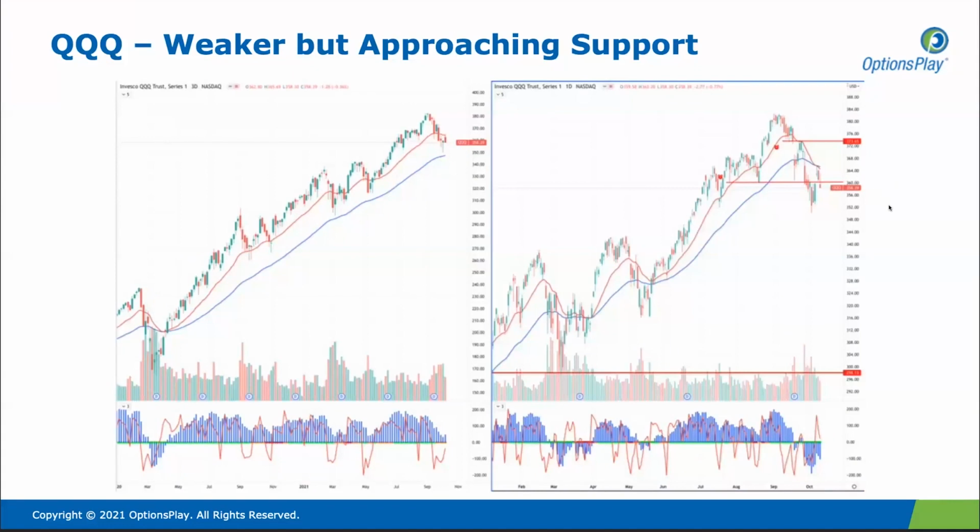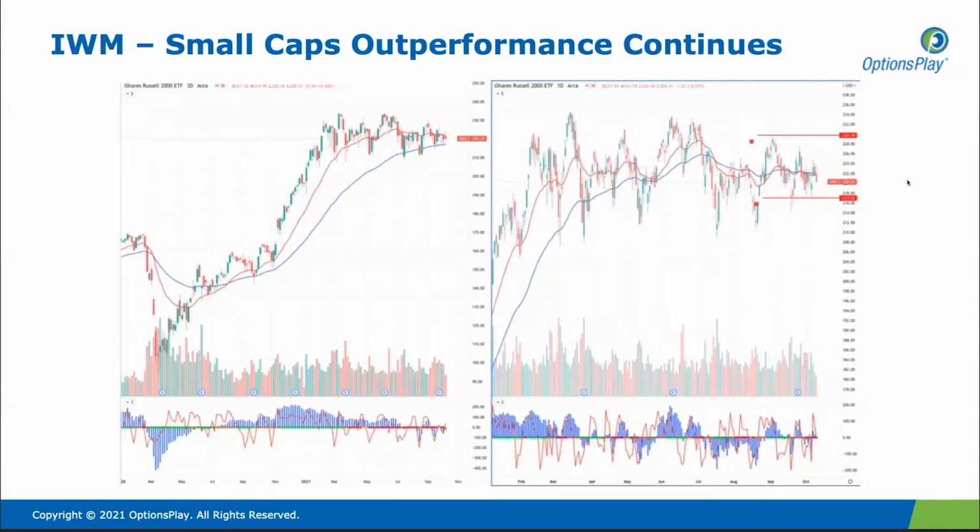And if we look at the NASDAQ 100, it looks a little weaker than the S&P. It's recently broken below this 360 level or so. But again, there's some strong support coming in around 352 for the NASDAQ 100. So we expect more sideways action for the NASDAQ 100 as well, until it breaks out above 365, 366 or so to the upside, then we could potentially continue more bullish trends.